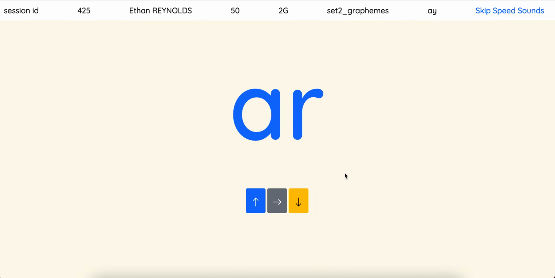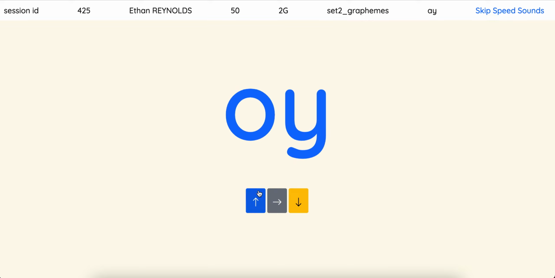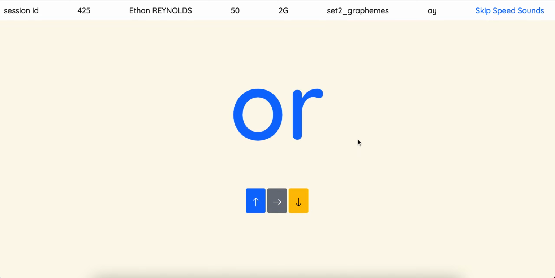And if they hesitate for a moment, but then get it and are able to recall it, or perhaps they incorrectly identify it, but then self-correct, so it's somewhere in between, then select this grey button. And then you can go through all of these set 2 sounds, and they can have a go at decoding them. And these set 2 sounds and the set 3 sounds are always in a random order. Eventually,